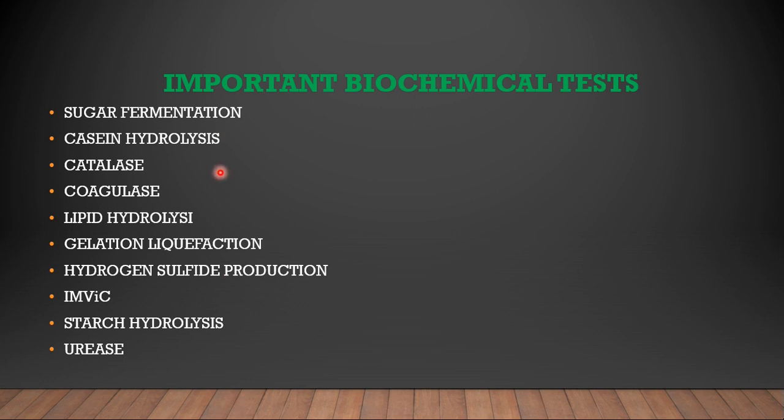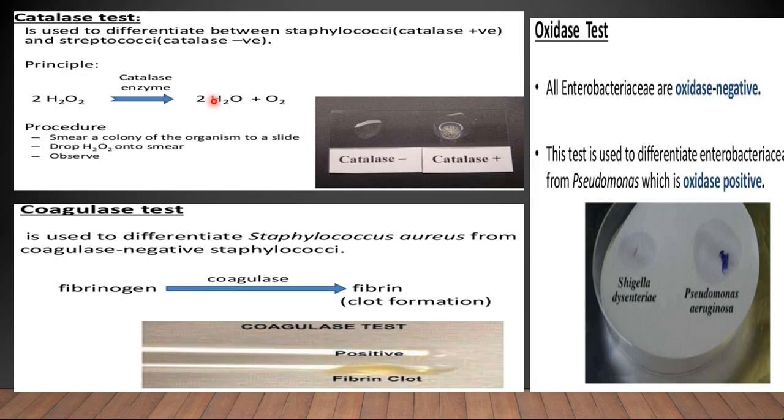So out of all these things, we'll discuss a few of them in detail now. Let's move. Here is the test of the catalase, where if you have air bubble formation, it is considered catalase positive, and the best example of catalase positive is Staphylococci. Here there is no such air bubble formation, so it's catalase negative. Here comes the Streptococci, and the main differentiation used to identify the Strepto and the Staphylo is the